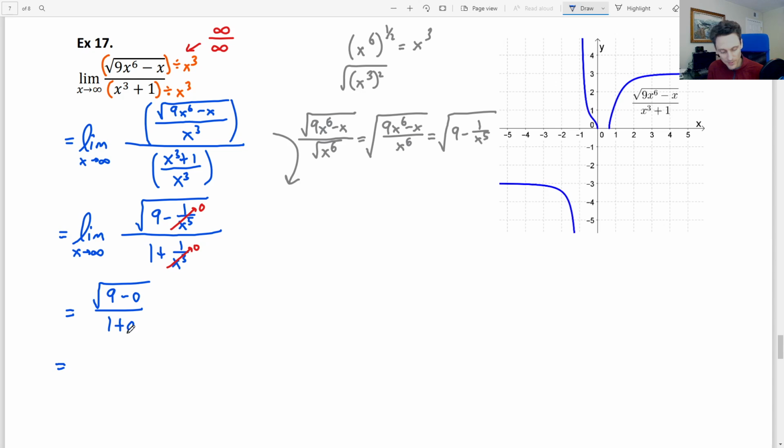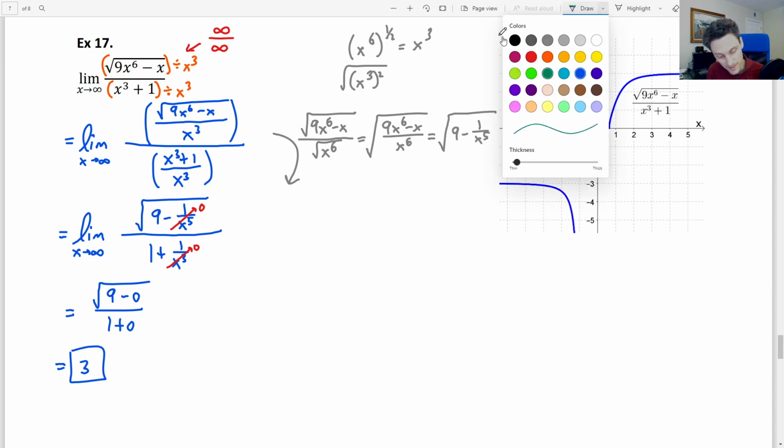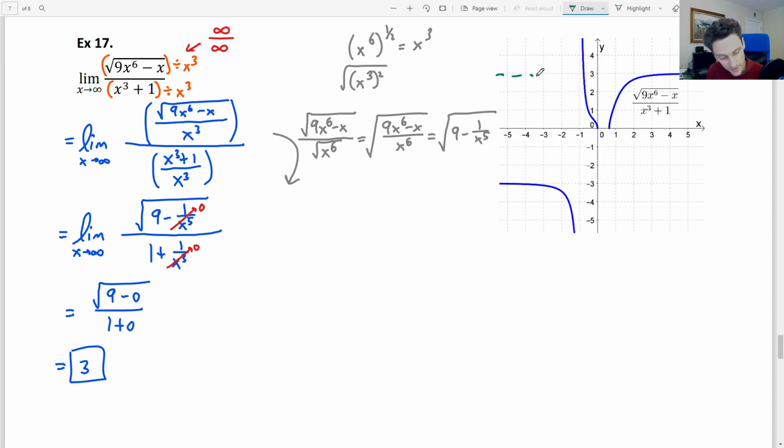This part of it I'm just doing for extra emphasis. You don't really have to write this part. You can evaluate it in your head here. So we get 3. So the limit as x approaches positive infinity is 3. That would say that there's a horizontal asymptote